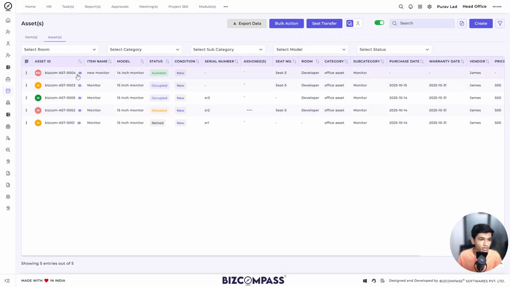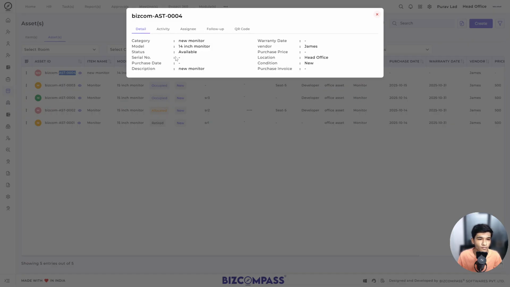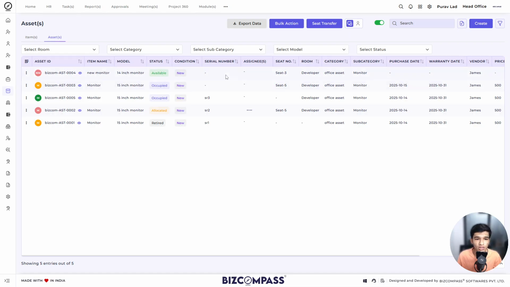Now we can see the asset 4 is here, the new monitor, the category, the model name. So this is how we can create assets in bulk. Now